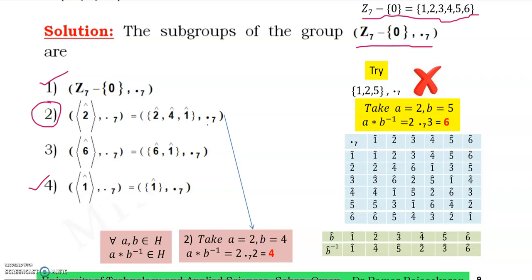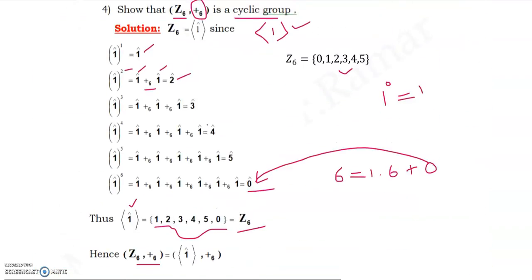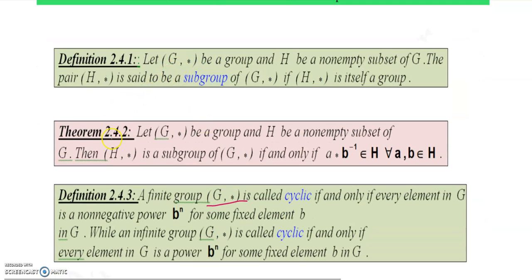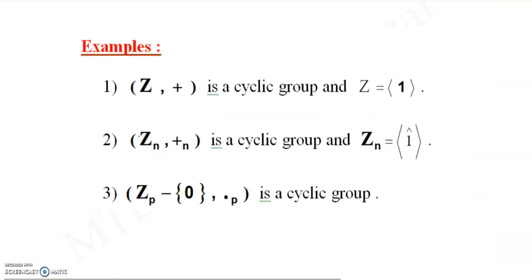How? You see here, what is the condition explained in the first slide? You see the theorem. Let G comma star be a group and H be a non-empty subset of G. Then H comma star is a subgroup of G comma star if and only if this is the condition for a subgroup. Necessary condition, you can say. By this theorem, you see here,